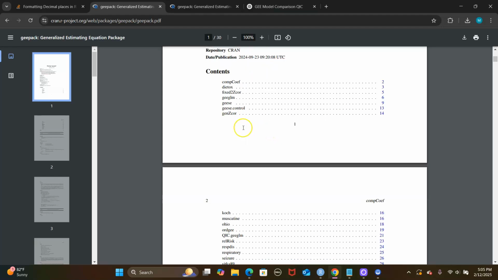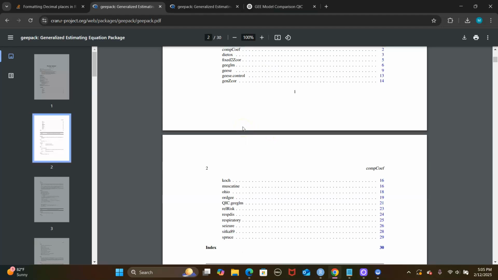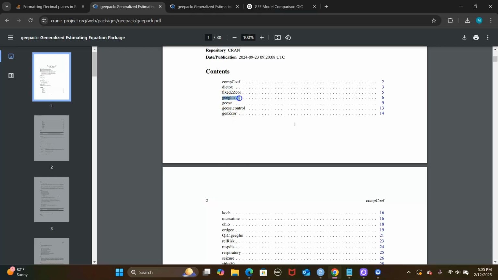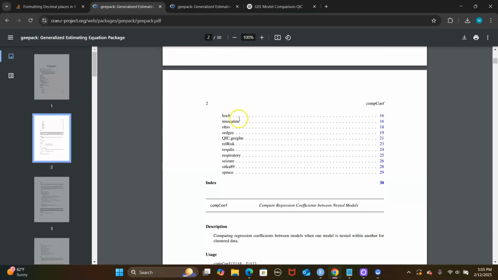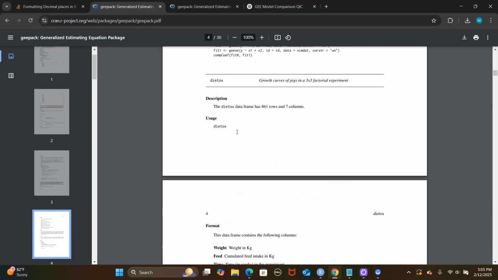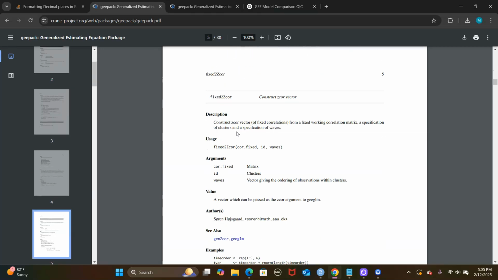Here is the list of data sets and functions in this package. The geeglm is the main function for model fitting. There's a QIC function for quasi information criterion, and we can use that for model selection. There's also ordgee. This is for GEE models for ordinal responses. Okay, so let's go to the main function,